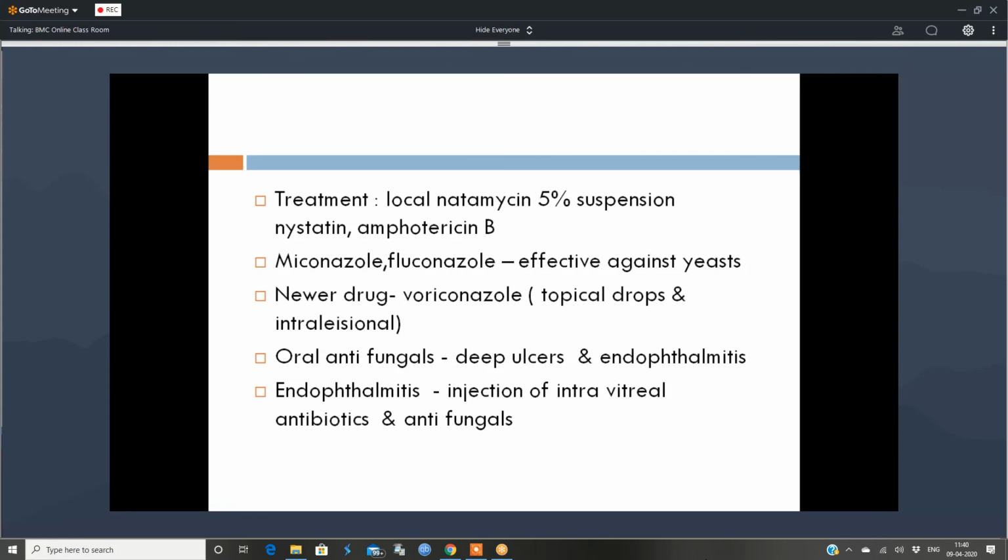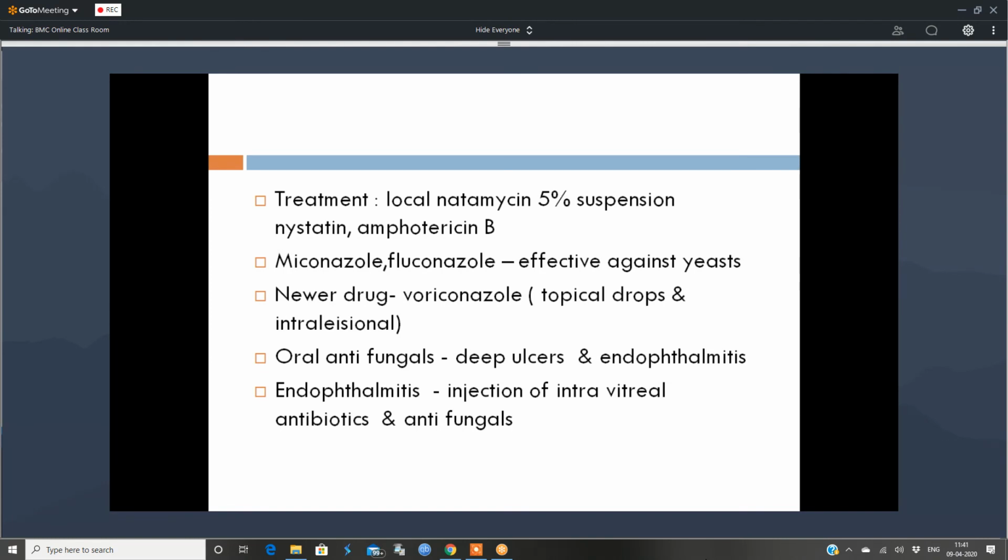Because all the commercially available drugs right now are fungistatic. Nothing is fungicidal. So we don't know when to stop. When you start giving the medication, initially it will show a response. But then you have to go on treating, and the treatment will last for more than 3 or 4 weeks, sometimes up to 1 or 2 months, because it will take a long duration for all the fungi to disappear, since the drugs are not fungicidal.